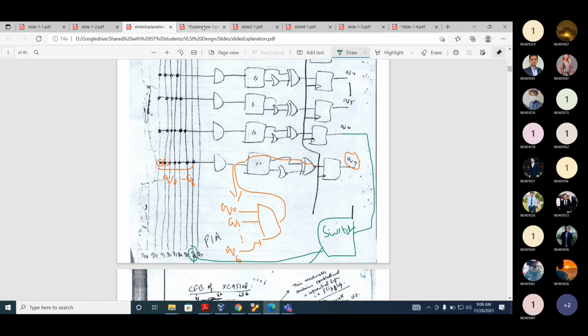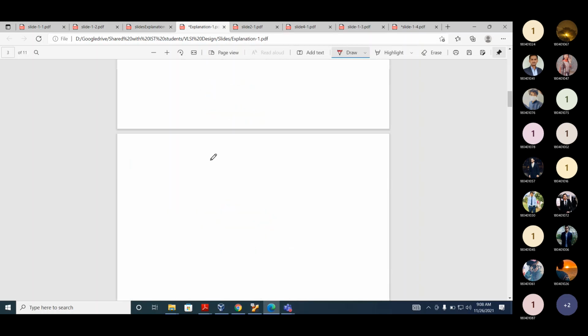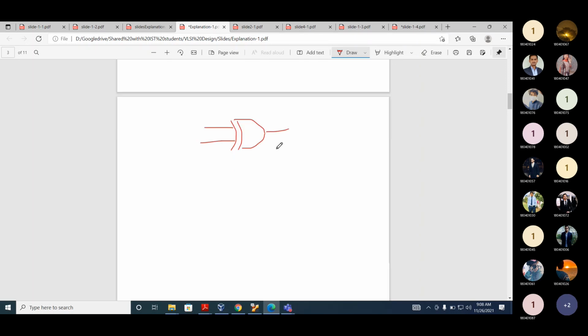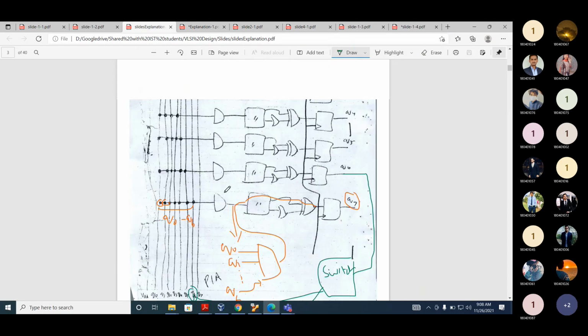Implementation. Okay, I will explain this. You are implementing a counter. In this, we had Q0, and then Q1.